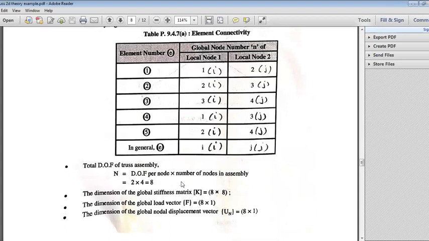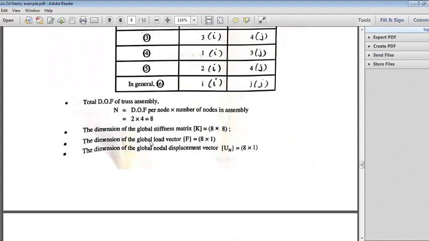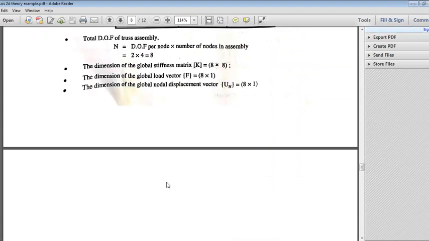So the degrees of freedom depend on the number of nodes, the same way, right? So the matrix becomes 8 by 8, same rules, and the dimension of the global vector is 8 by 1, as we have